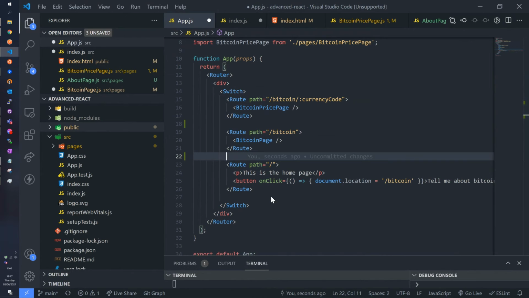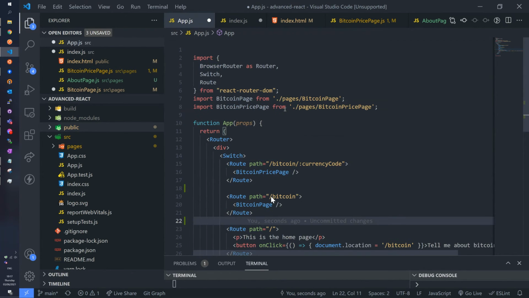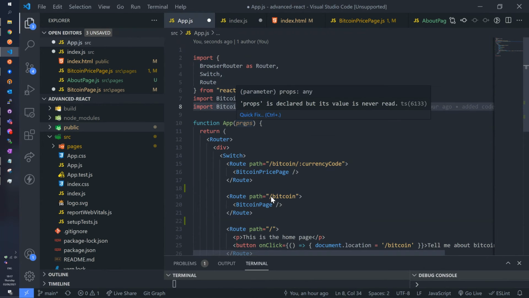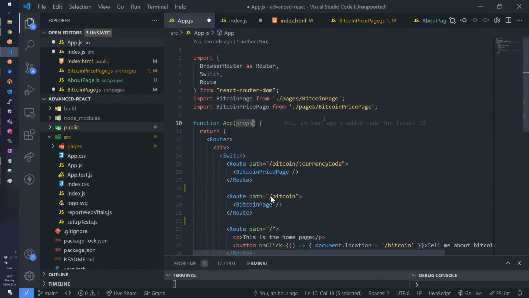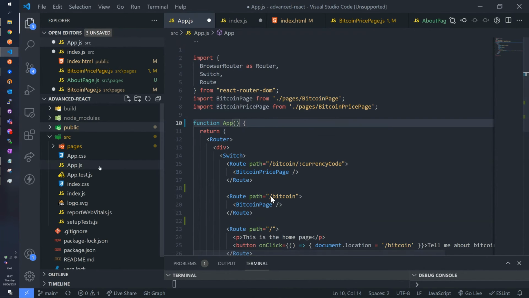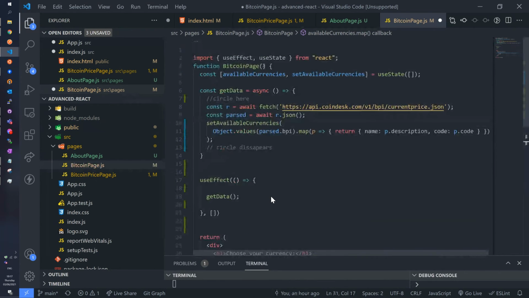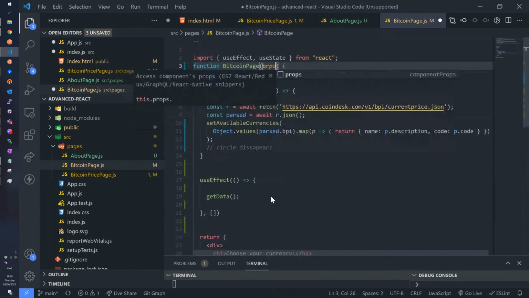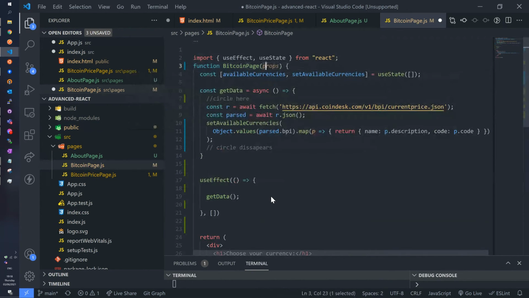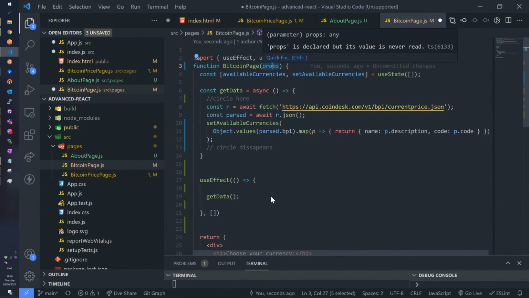Okay, question from Nikita. Just to confirm, when do we use the argument props for the main function in app.js? Yeah, when? You can use it anytime. So here, I think it will tell me that it's declared, but it's never read. So I can delete it. Inside any component, you can put props, and props will be used whenever you're actually giving a property or doing something with the property of that object.